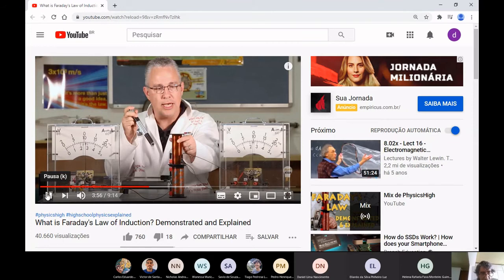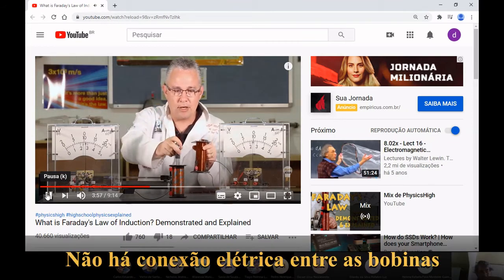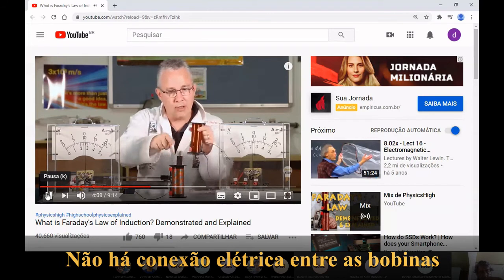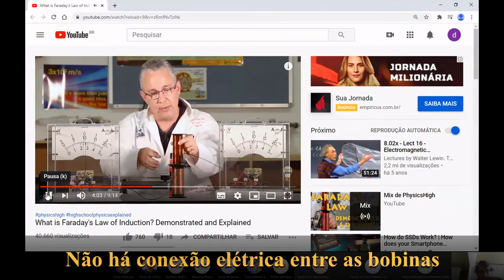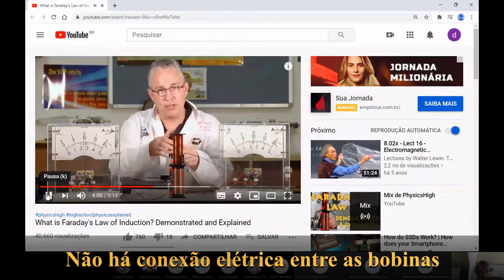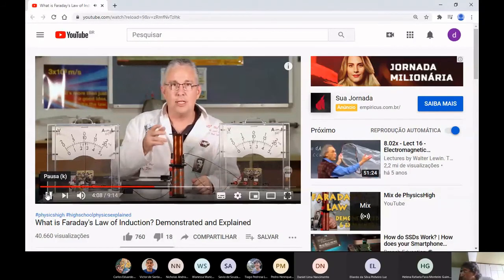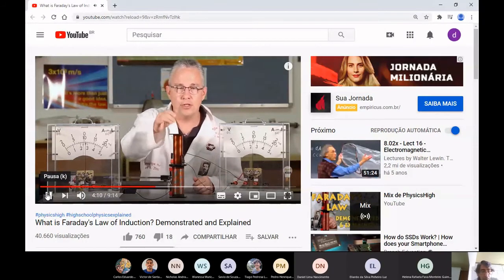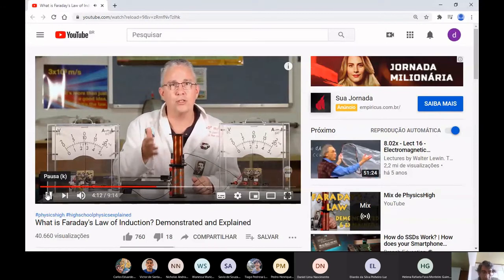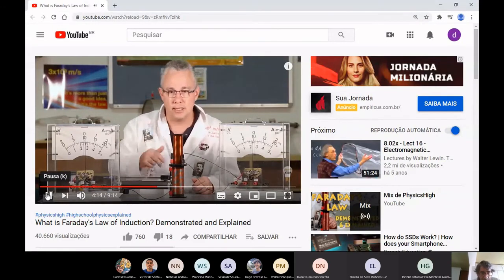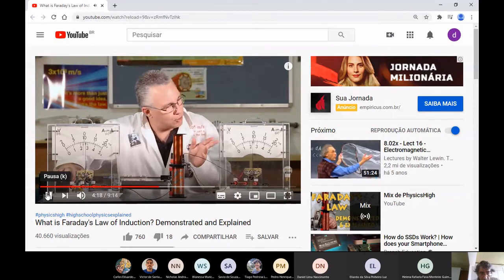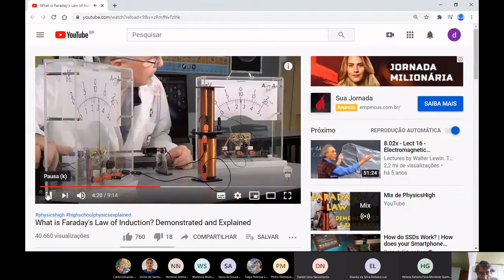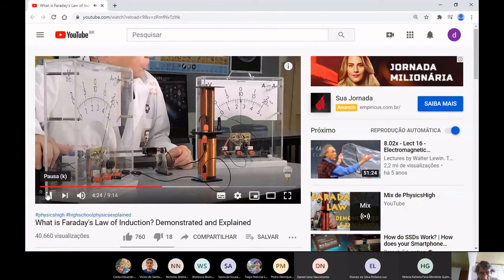And I'm going to place them in the center of the core. Now, these are not causing these two solenoids to be connected electrically. In other words, there is still a separation of two different circuits. The only thing I've done is inserted some metal core, which is going to concentrate my magnetic field lines. And I'm going to demonstrate this when I turn it on. Again, watch what happens to the meter over here. Now, when I switch it off,